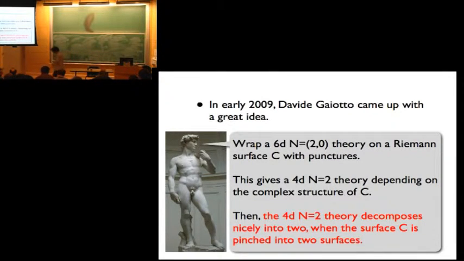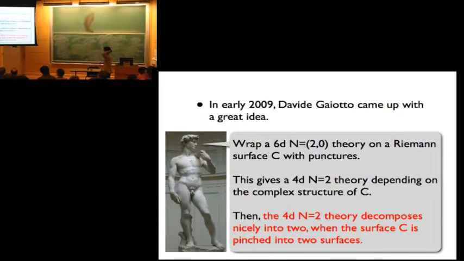So his idea was the following. Wrap a 6-dimensional N equals (2,0) theory of type G on a Riemann surface with lots of punctures. And this gives a 4D N equals 2 theory, depending on the complex structure of C and the type of punctures of C. These first 2 sentences were known for quite some time, for 10 years or a bit more than that. And the crucial idea by Davide was that the 4D N equals 2 theory obtained this way decomposes in a very nice way when the Riemann surface on which this 6D theory is compactified is split into 2 by pinching off a cycle. So this is the main physics point